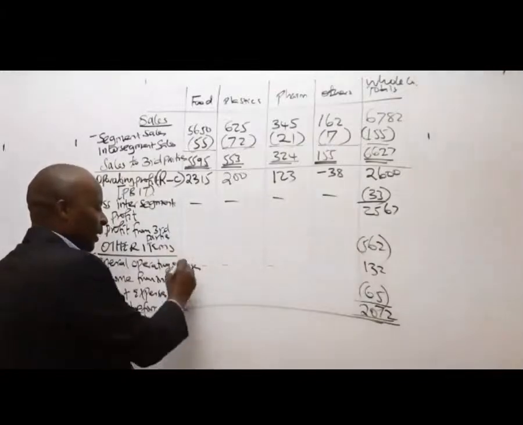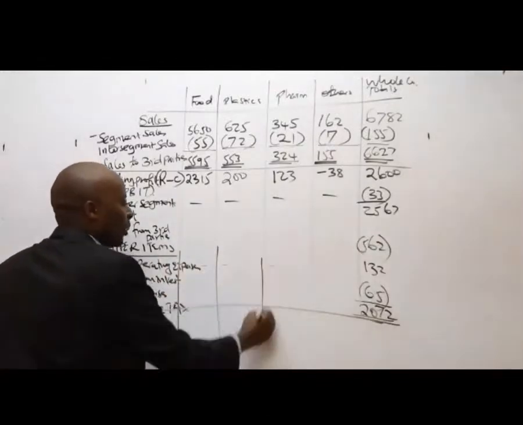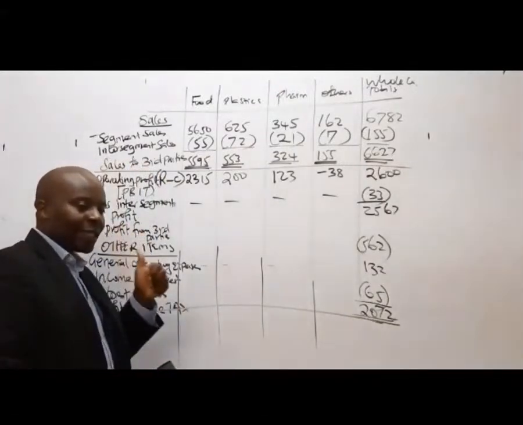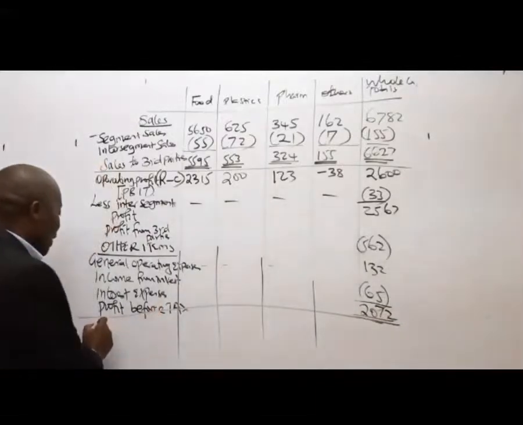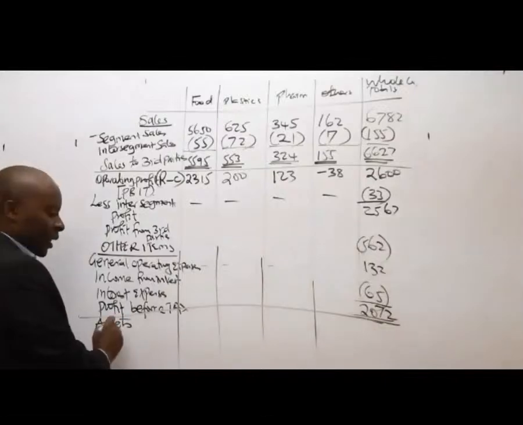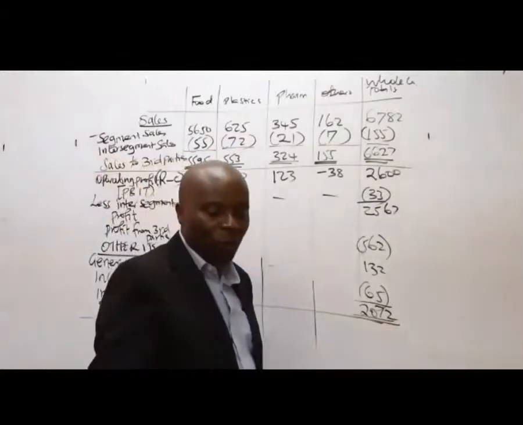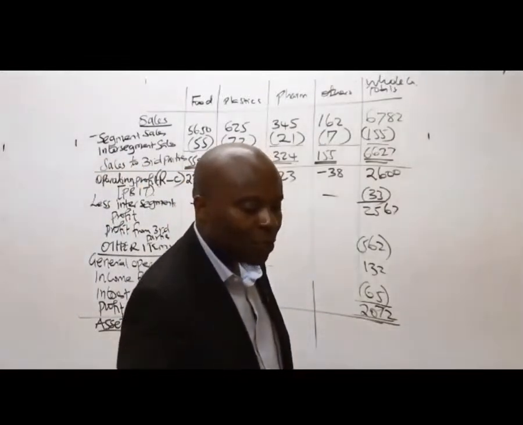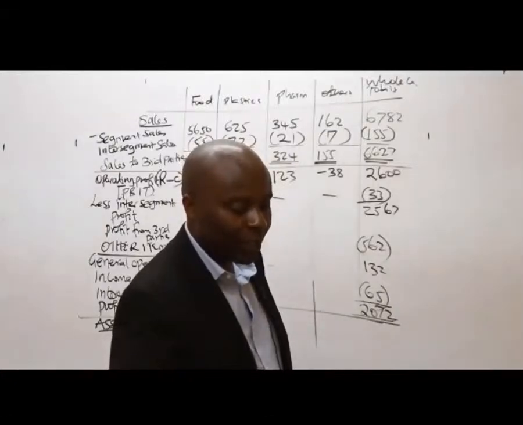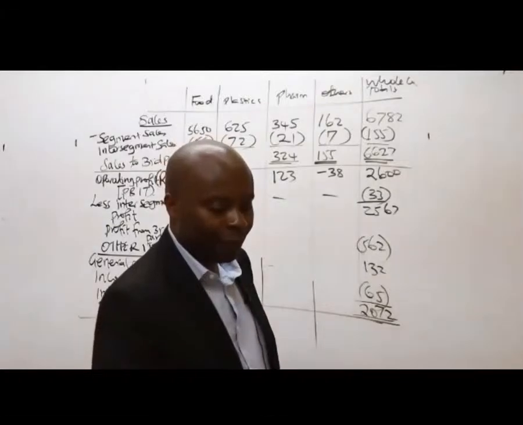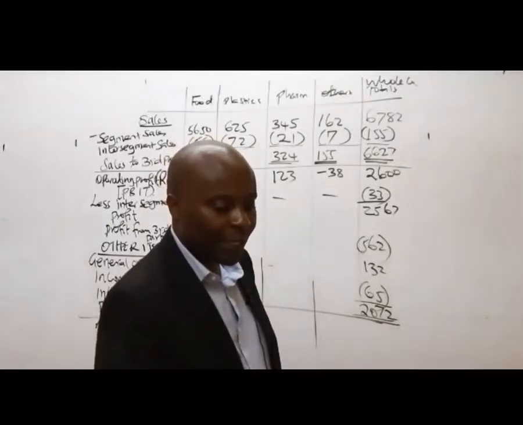But I'll still continue with my statement, because after I finish with what I'll call the income statement, now I need to go and look at the asset side. So the assets. Somebody go there and mention assets. My board is quite big. I hope it will be able to allow me to finish here. So the assets, first of all, you give us what we call the segmental assets. What has been identified? Give us the segmental assets that have been identified.